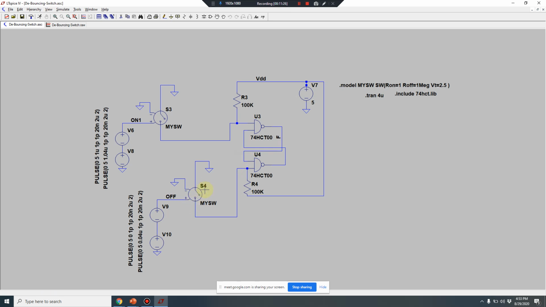Now even if I remove this switch, after pressing off for a fraction of a second, this node will continue to remain 0 because this is 0. This has initially gone to 1, it has come here. Now 1 and 0 are available at this node, so it will continue to remain at 0, and this will continue to remain at 1. Is it clear? I'll explain it once more, because this is a very basic circuit. If you understand this, you will be able to do a lot of other advanced circuits.